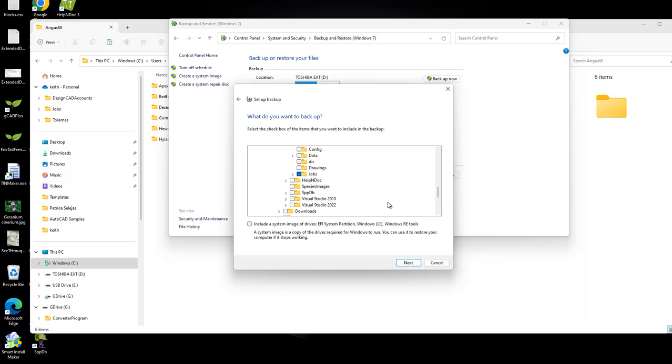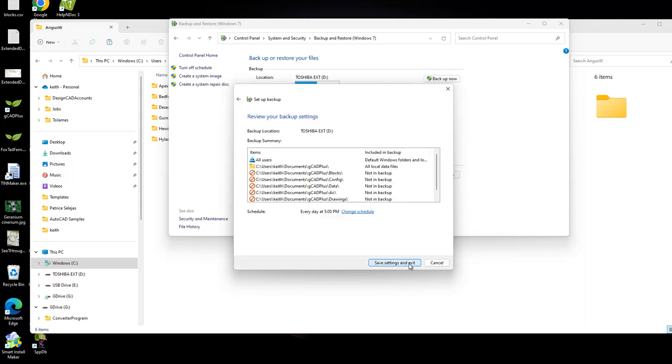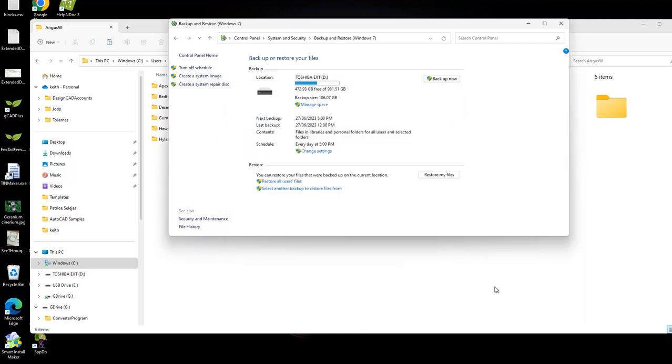It stores things every day, but just stores, in a sense, a fresh copy, but just the changes. It stores the original and then any changes. So you can peel back and go back through earlier work, and that can be very, very helpful. I don't think you need to include a system image of the drives as long as you do that once. So we can now save settings and exit,